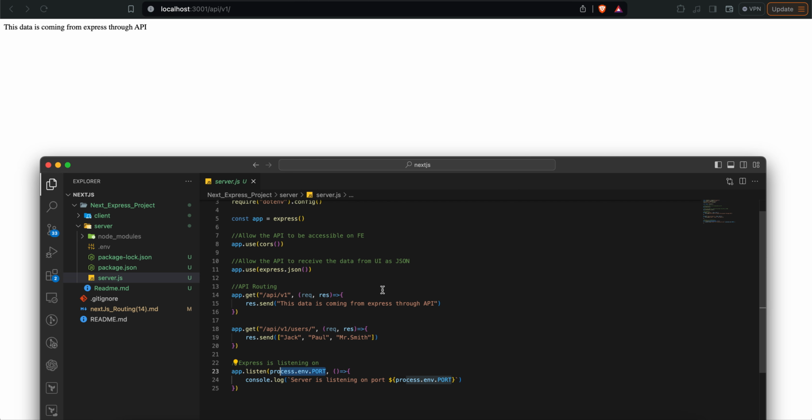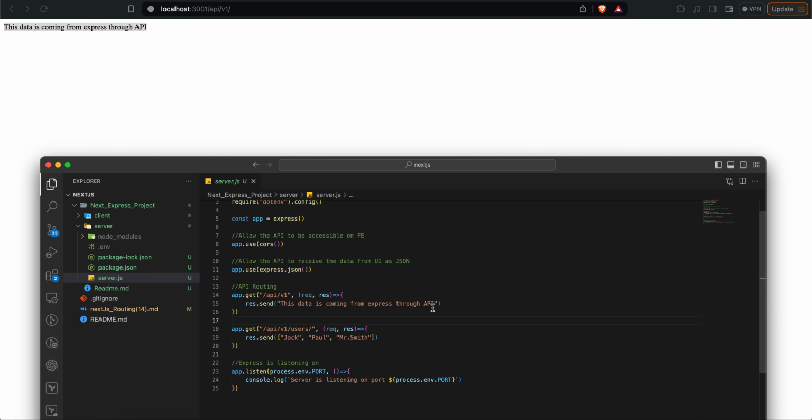Now if you see our first API, which is actually /api/v1, okay, so there is a root one, so we are keeping that, and it is getting whichever message we are sending, right? I'm sure here I have not used any kind of port or anything. This is simply just to show how the API has been created and that API has been consumed. So here we have created two different APIs. One is /api/v1, another one is /api/v1/users, and we have created some manual users like Jack, Paul, and Mr. Smith, and these are the two APIs that need to be consumed on our client, which is the